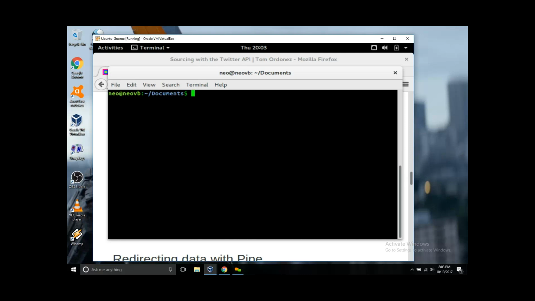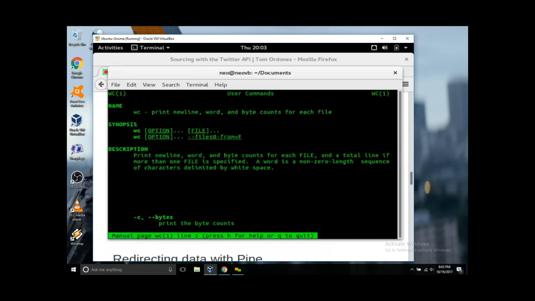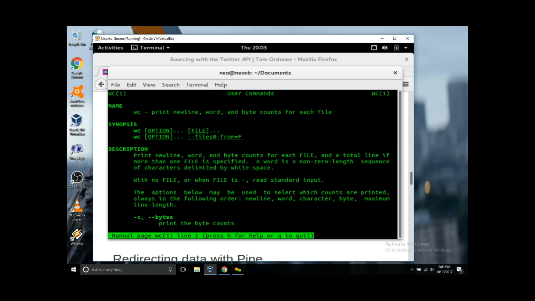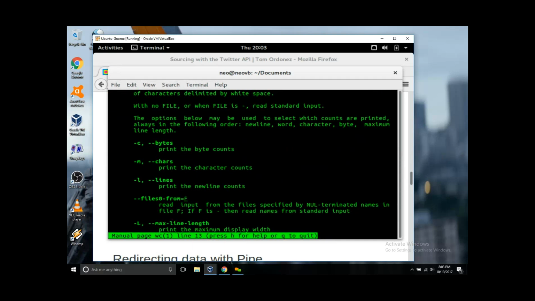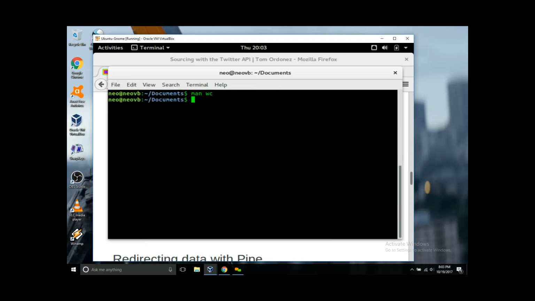Okay. So there's a command called wc. So let's type in man wc. And it says right here, print newline, word, and byte counts for each file. And it has an option called -l that says print the newline counts. So we're going to use, let's see,